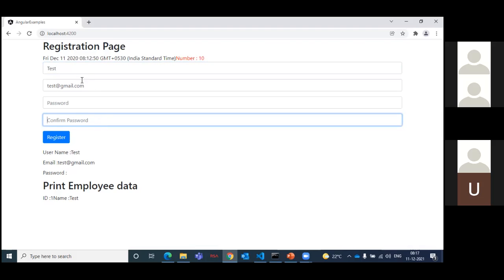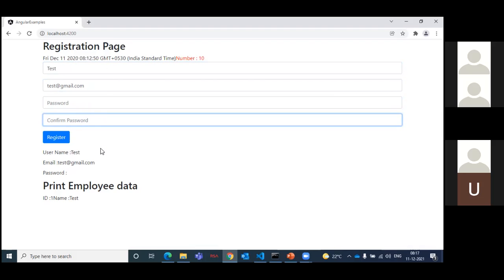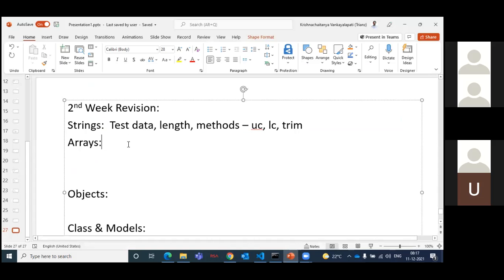As data grows, as the number of controls increases, we have different data types to choose from to hold that. So for that purpose, we have collections of data. For example, I have a collection of 20 controls. In that case, JavaScript gives us arrays. Arrays are nothing but a collection of data.